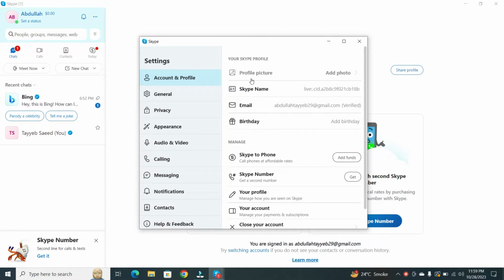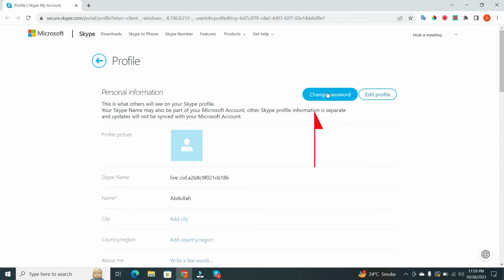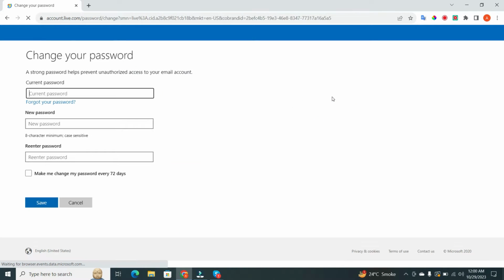You'll find a section labeled Manage. Within this section, click on your profile. This will open a web page with an interface like this. Here, you will see an option labeled Change Password. Click on it. Now you'll land on an interface like this, where you can create a new password for your